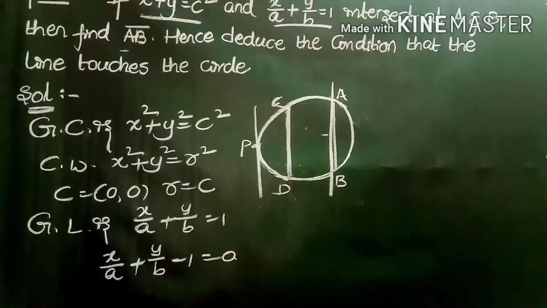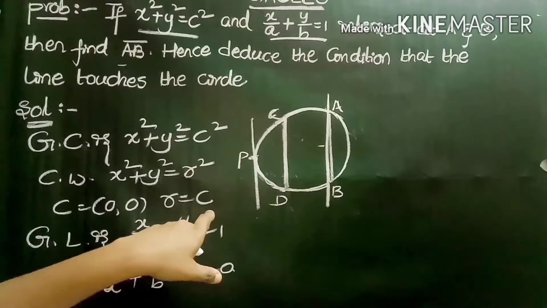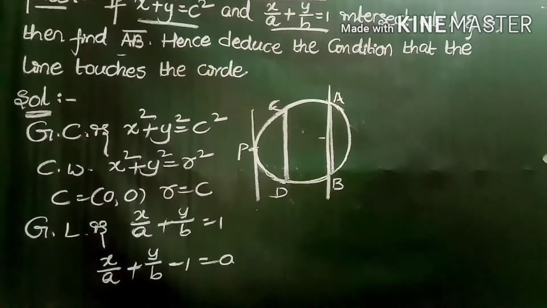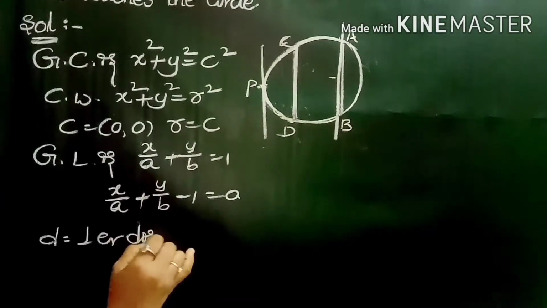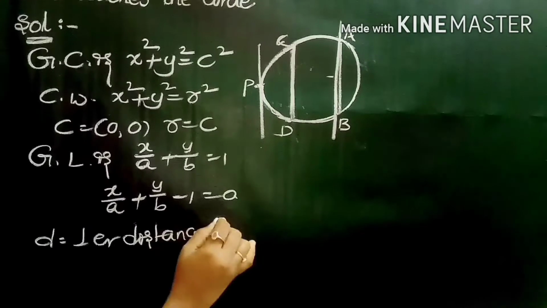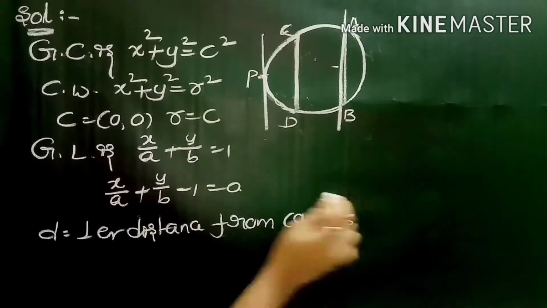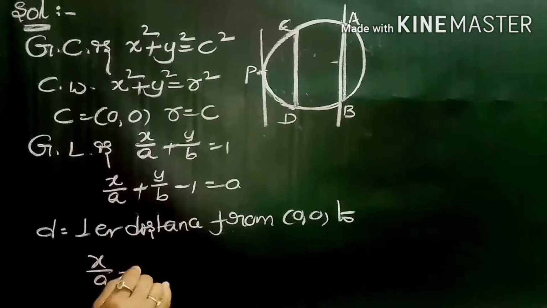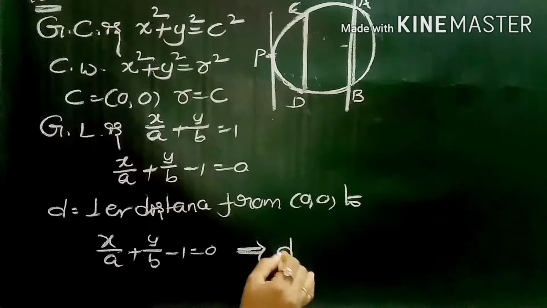Now we are finding the length of the chord by taking the formula 2 root r square minus d square. Already we have the value of r, so we want the value of d now. So finding the value of d, what is d? d is equal to the perpendicular distance from the center to the given line. The center is 0, 0, and the given line is x by a plus y by b minus 1 equals 0. That is, d is equal to